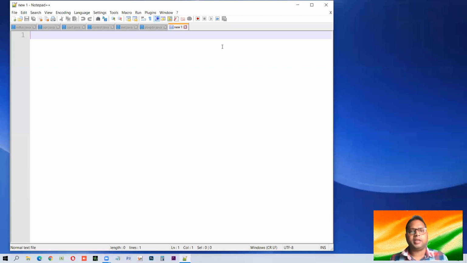So let us begin and see how for loops can be used. Meanwhile, I'm typing something. I'd like to tell you what a for loop is. Looping simply means repeating anything. If you want to repeat a set of tasks, you want to do it again and again, then in those cases we use looping.